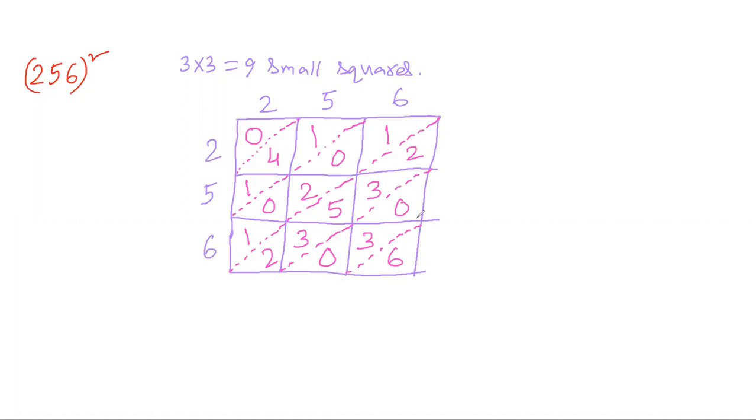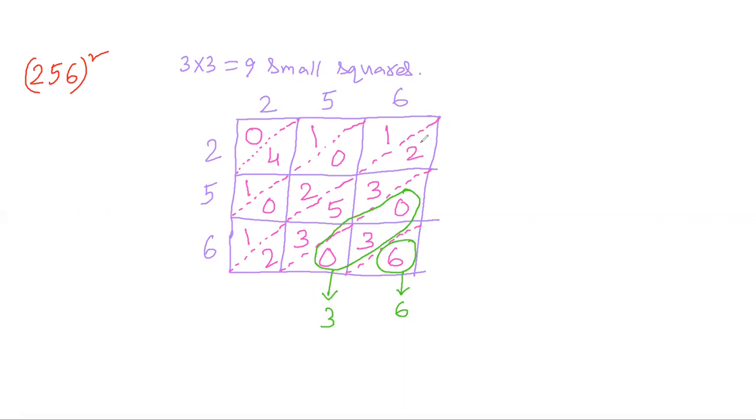Now we have to consider in this way. This is the only single digit. In this way you have to make a circle. This is the only one digit, so this will remain the same. Now here we'll take this digit. So here the digits are 0 plus 3 plus 0, that is 3.